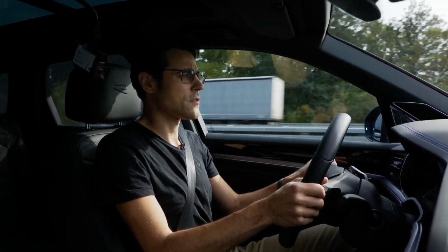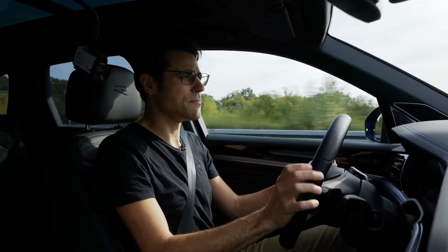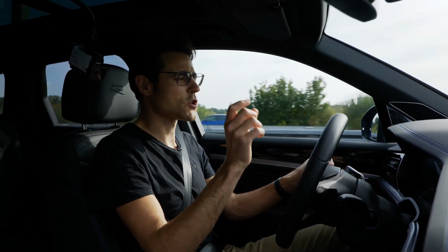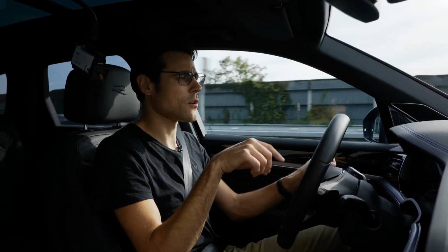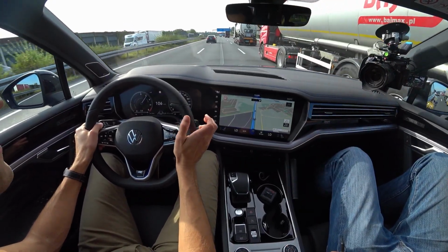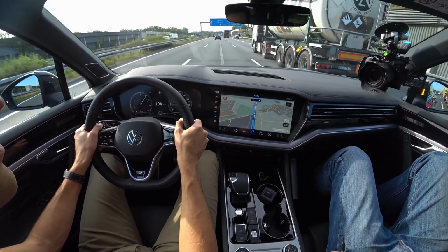When you think about the e-hybrid, the non-R version, then it's basically the same vehicle, also the same powertrain and so on. Just the total system horsepower output is different here with the R, and here also you have 100 Newton meters of torque more. And definitely you feel this difference, but it would not be a completely different